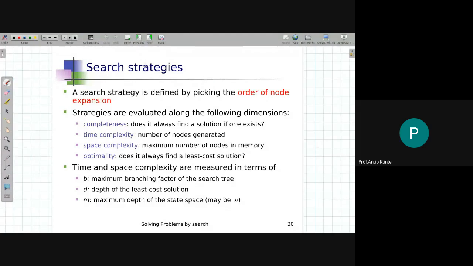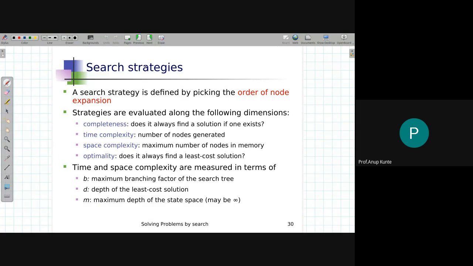Right? If I'm maintaining the fringe list as a priority queue based on certain priority criteria, then I will always have to maintain the priority queue and select the highest priority node from that particular fringe. Okay, so that is what we refer to as different search strategies, and based on that we can have implementation. How do I compare these implementations in terms of the performance? So if I want to evaluate performance of different search strategies, there are 4 aspects of finding the performance. Number 1 is the completeness, number 2 is time complexity, 3 is space complexity, and 4 is optimality.